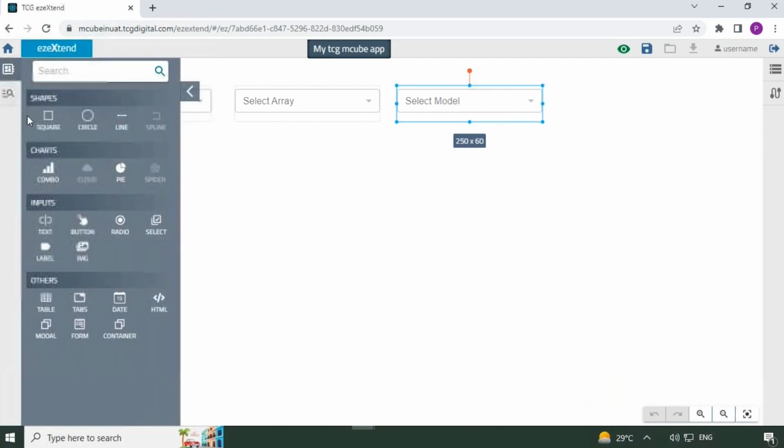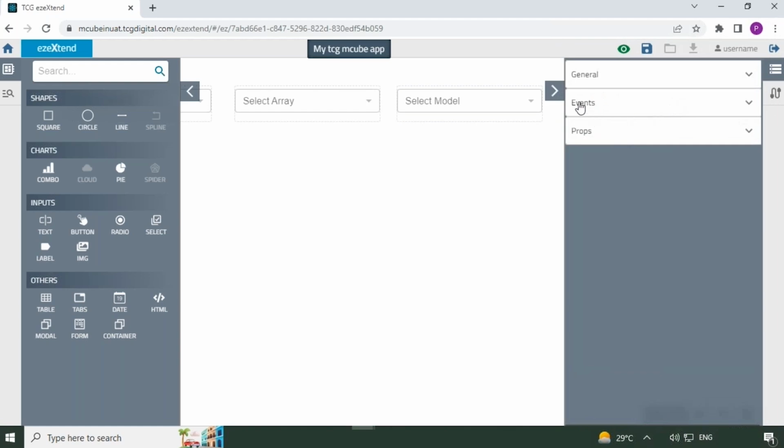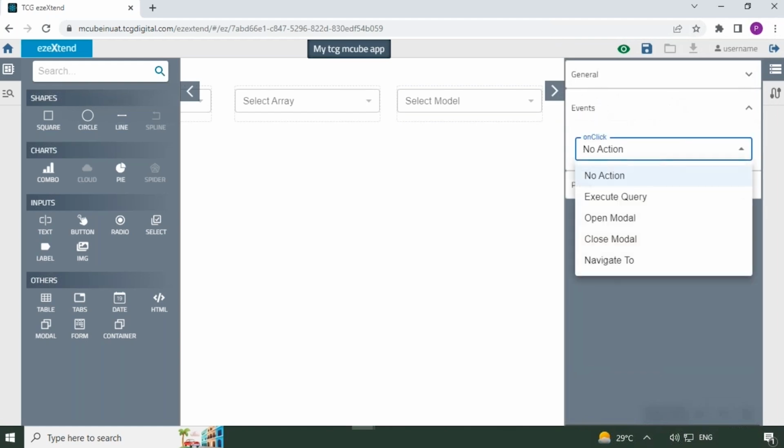Now I would need to add a button, which would be the submit button, after which, after selecting the data, I would need to click on this button to invoke the action or the AI model. So now that I've added the button on the screen, I need to associate certain actions or events with the button. When I expand the event section,